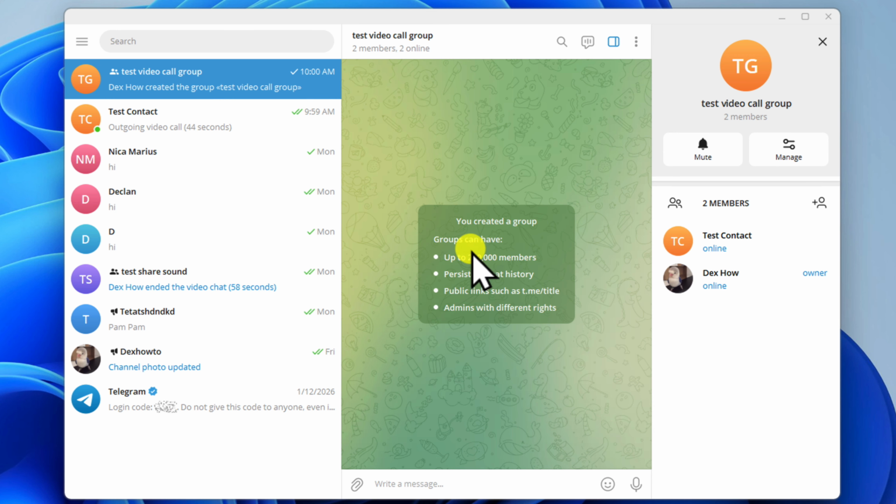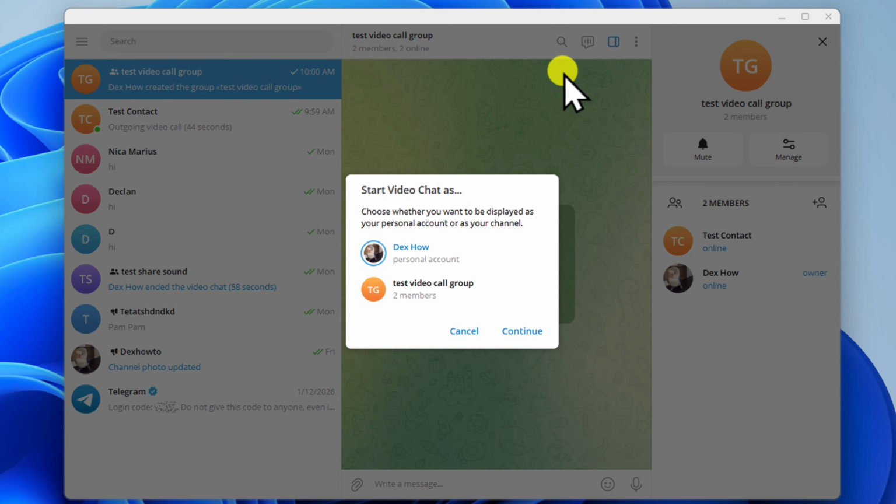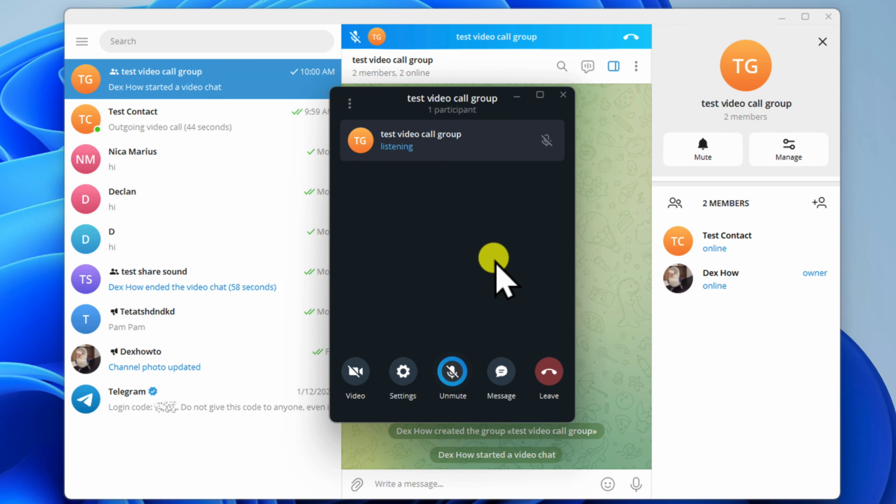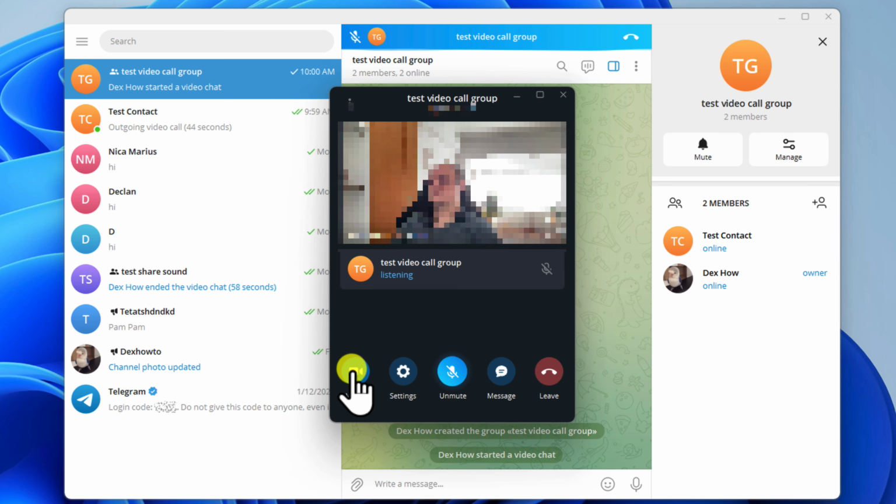Once you're in the group, look for the call icon at the top of the screen. Click it and you'll get the option to start a video chat. Here's where things get a little different. Instead of ringing everyone at once, Telegram creates a video chat room that people in the group can join whenever they're ready. An invite pops up in the chat, which is great because it doesn't blast everyone with a call,